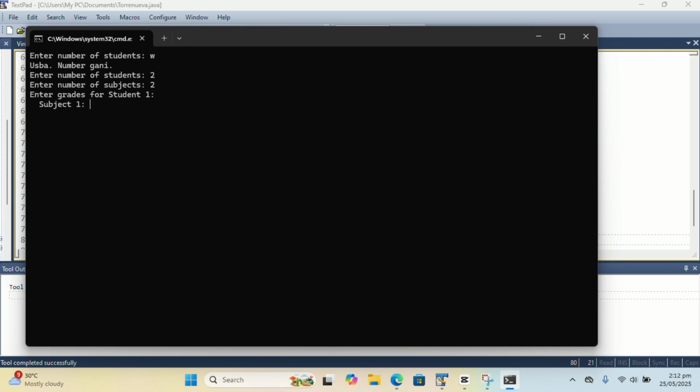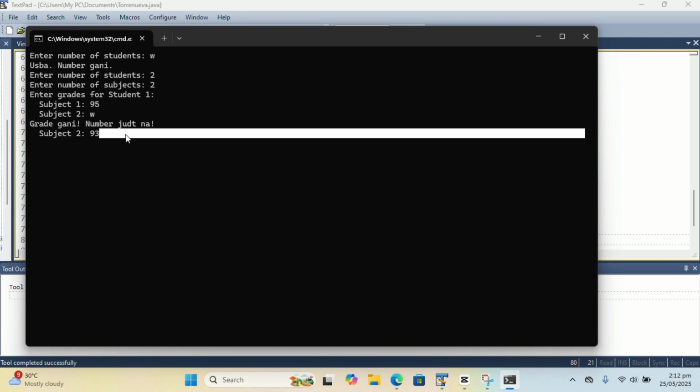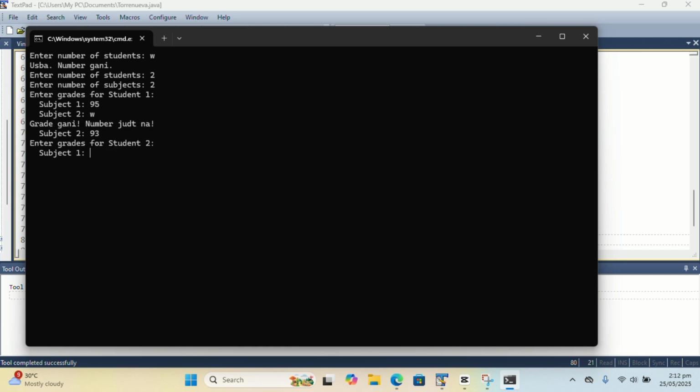So your grade in subject 1 is 95, then your grade in subject 2 is, if we enter a letter, this error message will appear. Then subject 2, if we enter the integer 93, it will continue to student number 2.